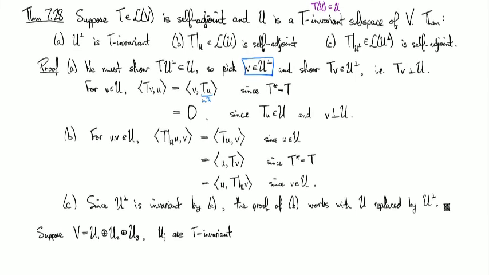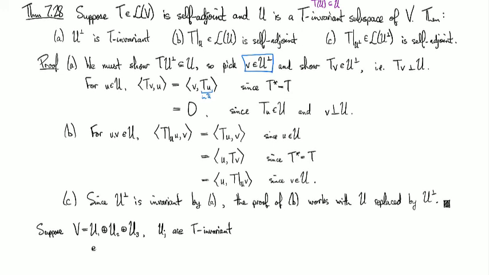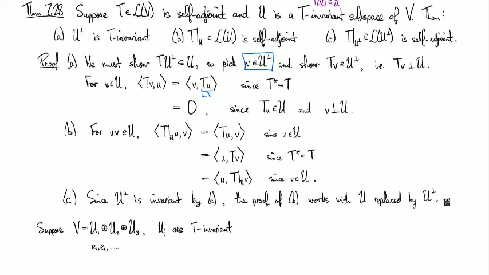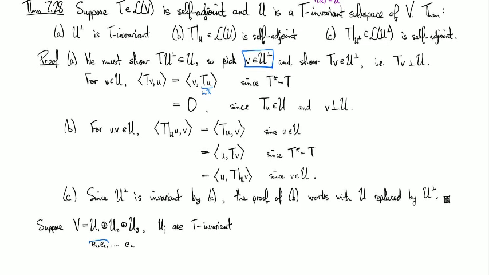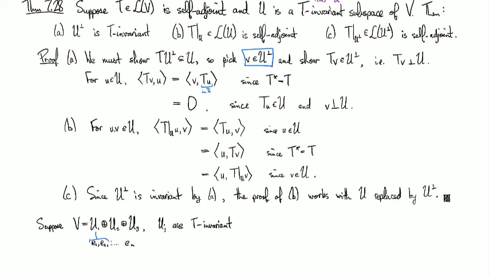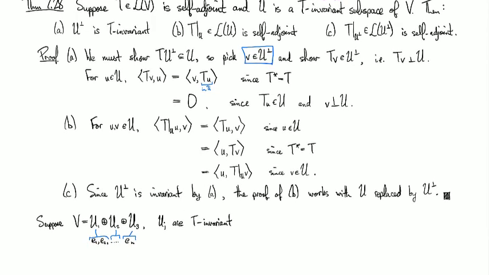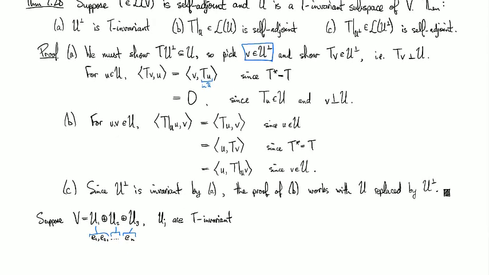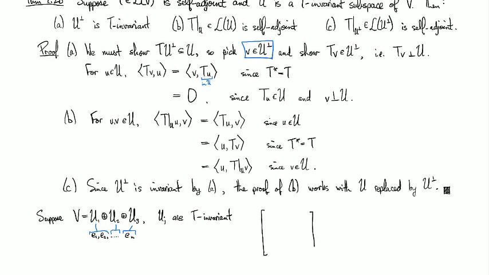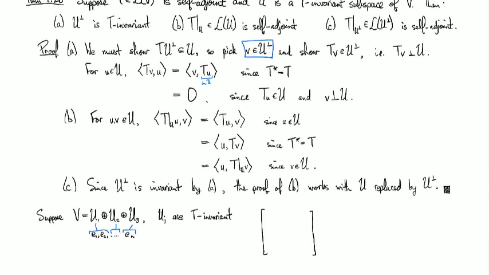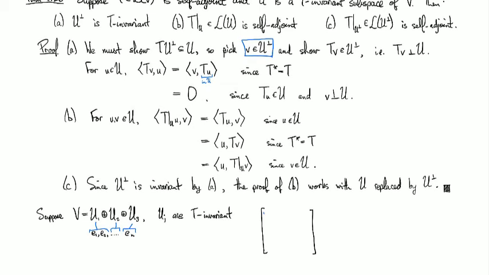Okay, and so now suppose we choose a basis E1, E2, out to En, and we order them in a way where the first ones are the basis for U1, and then the next ones are the basis for U2, and then the last ones are a basis for U3, like this. So what's going to happen then is that the matrix for T in this basis is going to split into some block diagonal